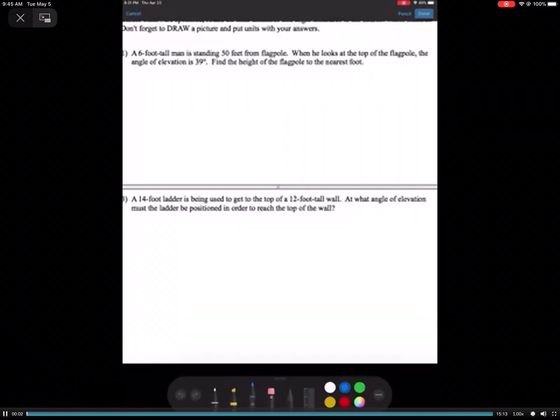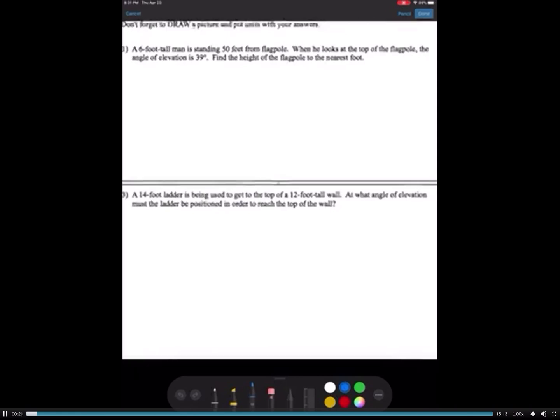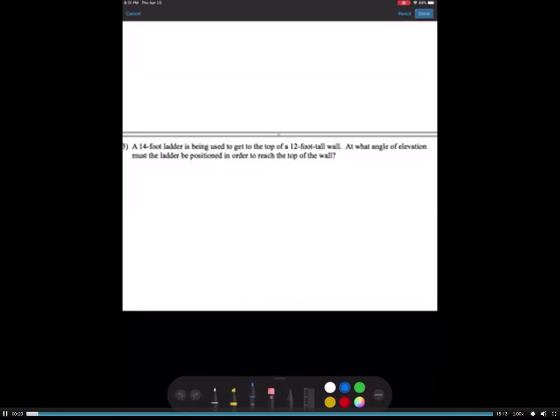Okay guys, now we're taking everything that we've learned and we're putting it together to solve application problems using right triangle trig. Yes, that means we are doing word problems, but you already know all of the steps. The first thing that we have to do as we read the problem is draw a picture so that we can visualize it. So we've got a 14-foot ladder being used to get to the top of a 12-foot tall